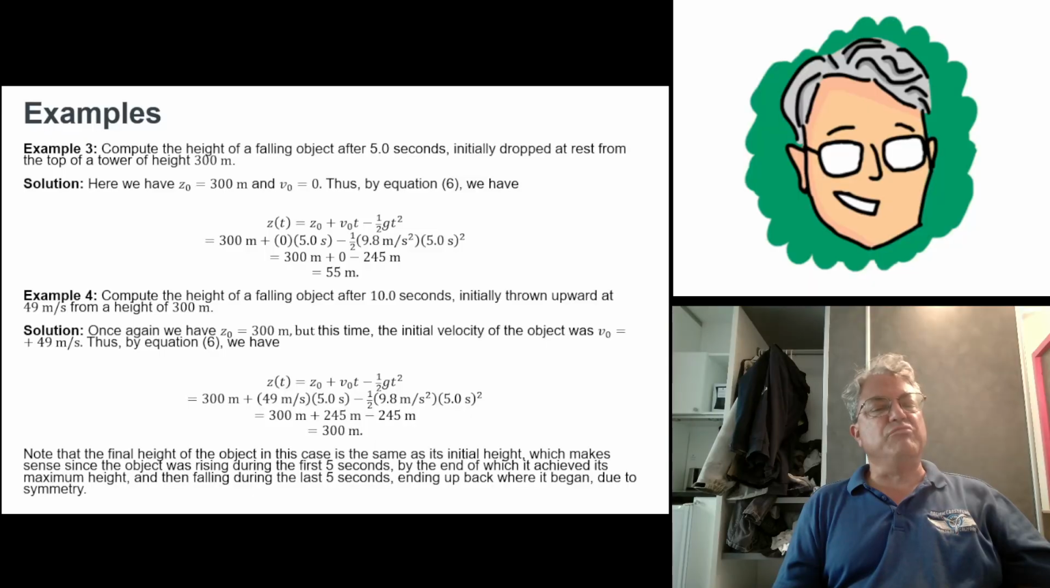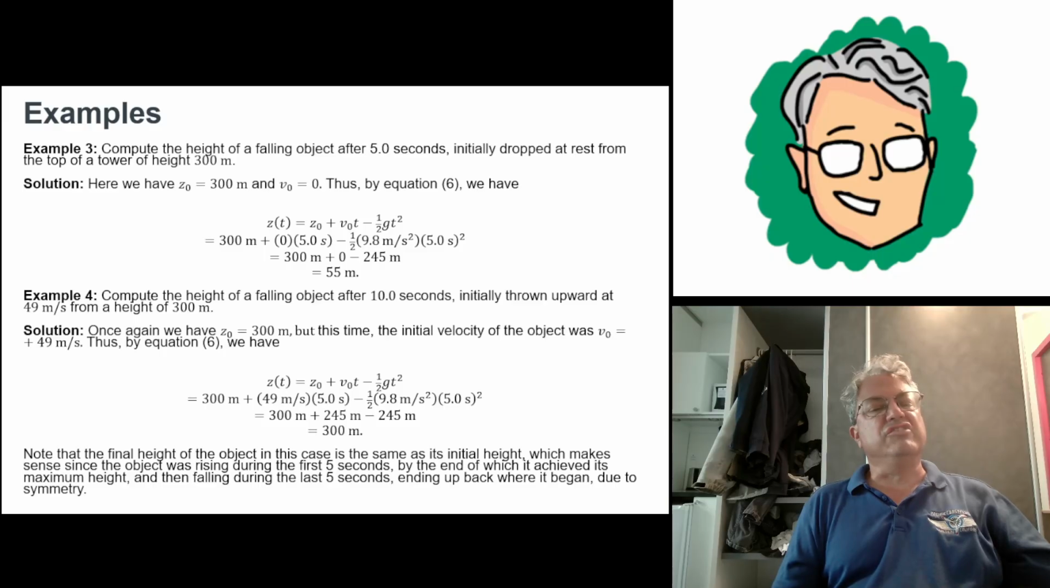And as a final example, let's do the same problem, except this time, let's suppose that we threw it up. Instead of just dropping it from the top of the Eiffel Tower, we threw it up at 49 meters per second. Same speed we did in example 2. And then we're asked what's going to be the height of the ball after 10 seconds. Well, this shouldn't come as too much of a surprise to you guys. Remember what I said in the last example, that if you throw it up at 49 meters per second, it's going to decelerate for the first 5 seconds, reaching its maximum height,